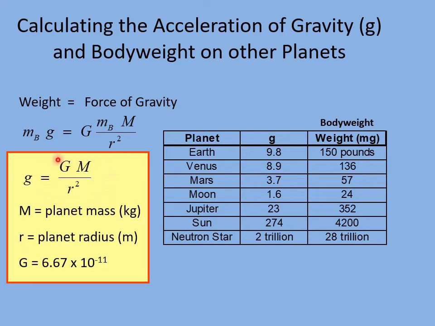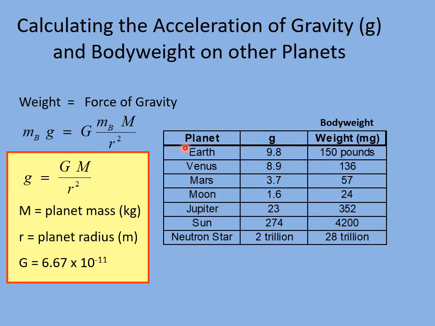It comes from the universal gravitational constant, which again is 6.67 times 10 to the minus 11. And then we multiply that by m here, which is the mass of the planet. So for Earth, we just saw that the Earth's mass was 6 times 10 to the 24 kilograms. And then this r down here is the planet's radius in meters. But this equation here works for any planet. It doesn't have to be Earth. Obviously, we can put in a different planet's mass and radius and determine what the acceleration of gravity would be